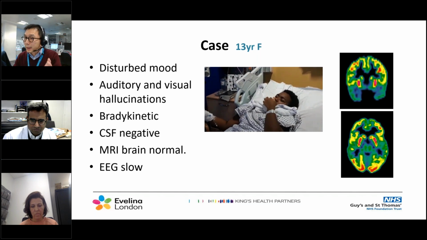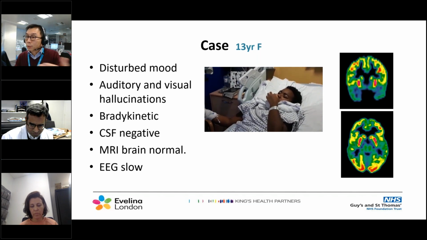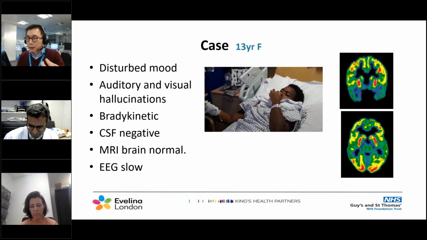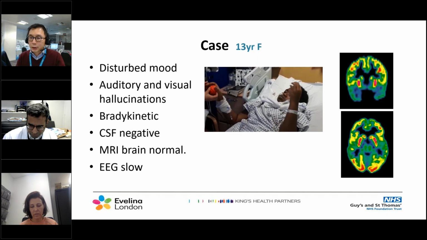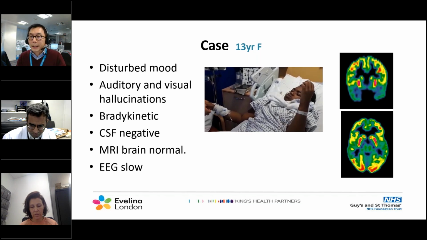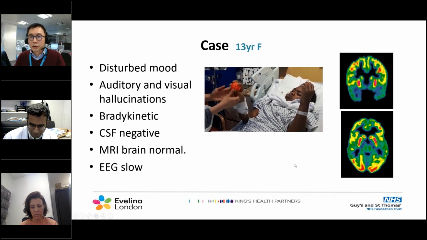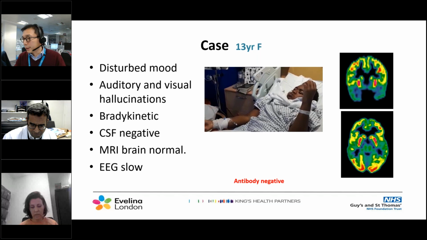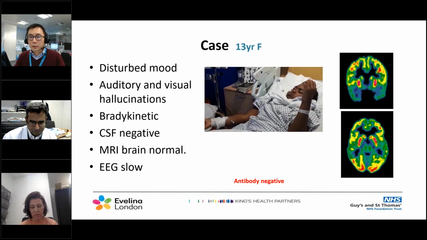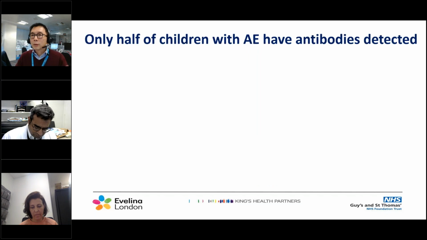You can see the PET scan demonstrating perhaps a reversal, i.e. the occipital high signal, whereas the frontal, low signal, all indicating that there is certainly brain dysfunction or perhaps some sort of inflammation. And she's also antibody negative, one of the many that we have. And for a while now, we know that many children are antibody negative, and this is because of a whole